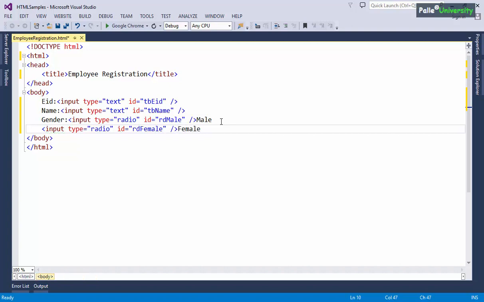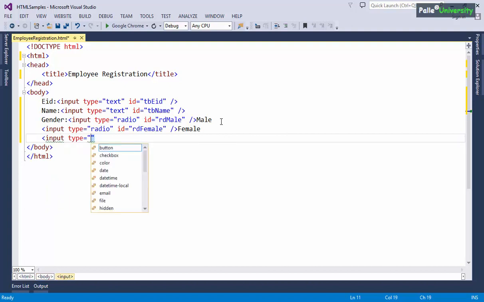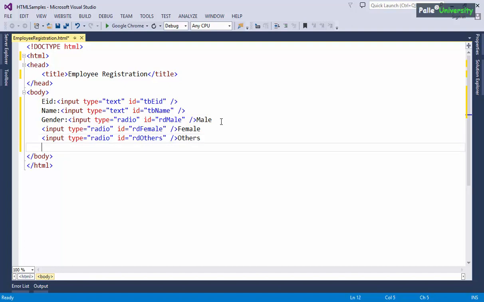I write female. After this, I would like to write input type is equal to radio again, ID is equal to RD others, and I can write others. So something like this I have to create.